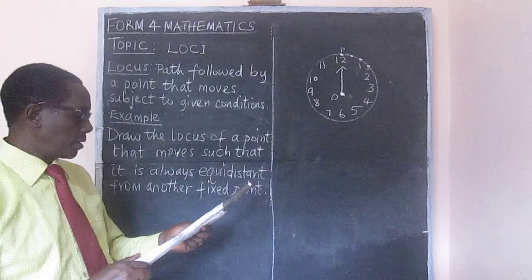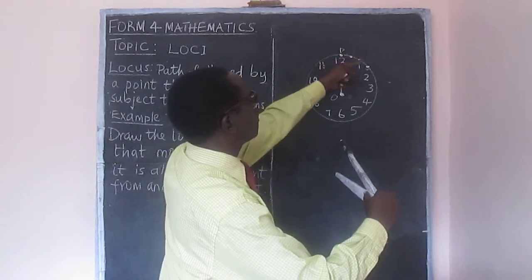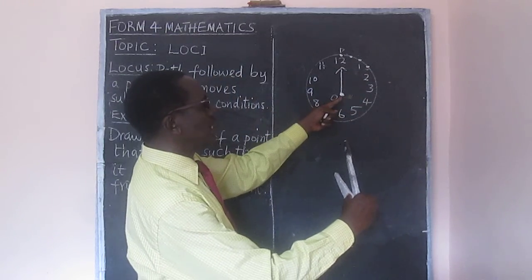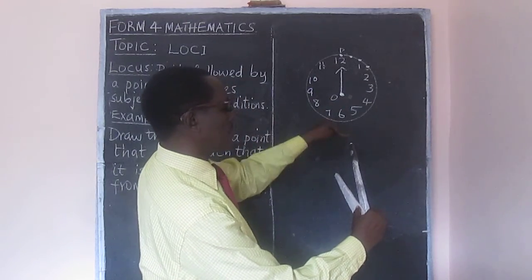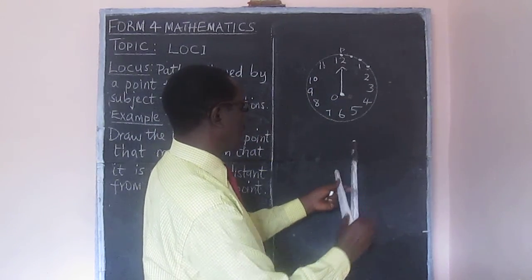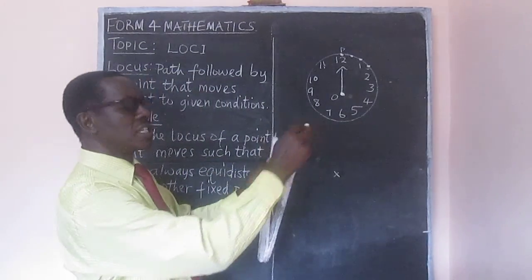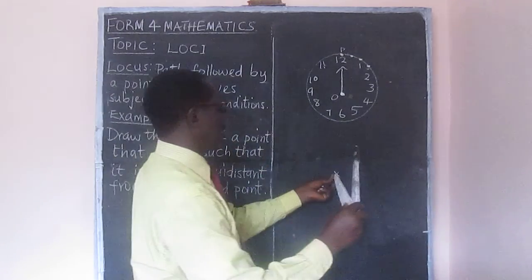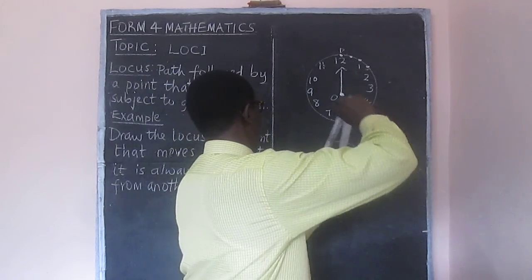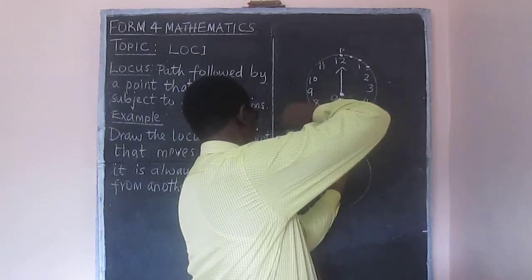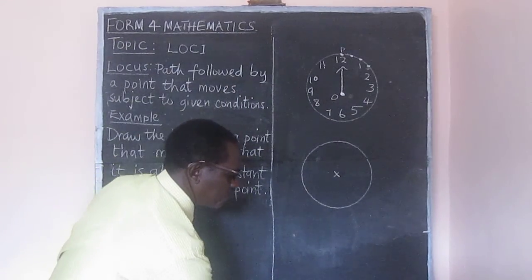and then we draw a circle, because we've already noted that if a point moves in such a way that it is always equidistant from another fixed point, then it traces out a circle. So we open up a distance of 3 centimeters. We can mark the fixed point there, and then open out this one so that it is 3 centimeters, and then we complete a circle. There you are. There we have a nice circle, and